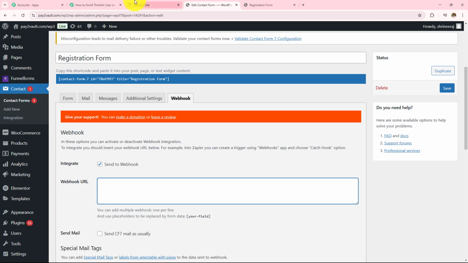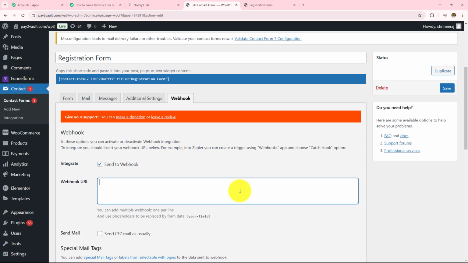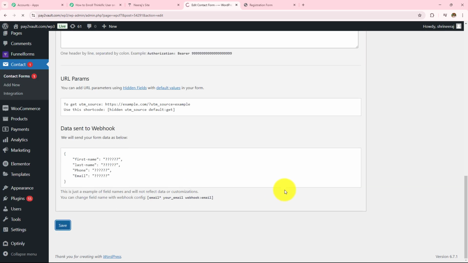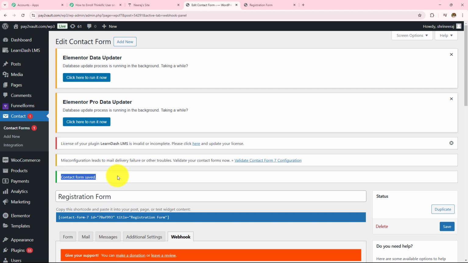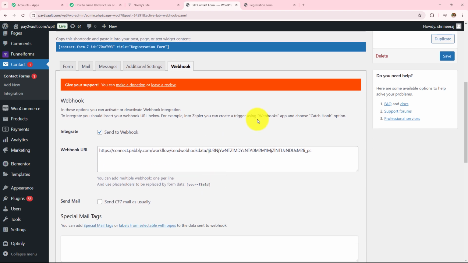Go back to Pabbly Connect, copy this webhook URL and paste that webhook URL over here. And then after adding this webhook URL, I am going to scroll down and then click on this save, and scroll above and then click on this save. So here the contact form saved. I have successfully added the webhook URL which I was provided in my Pabbly Connect workflow here in this particular